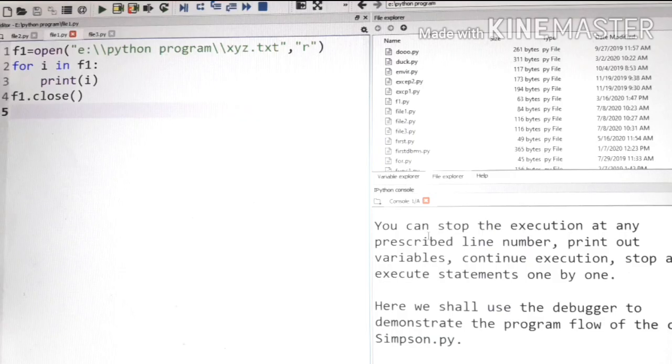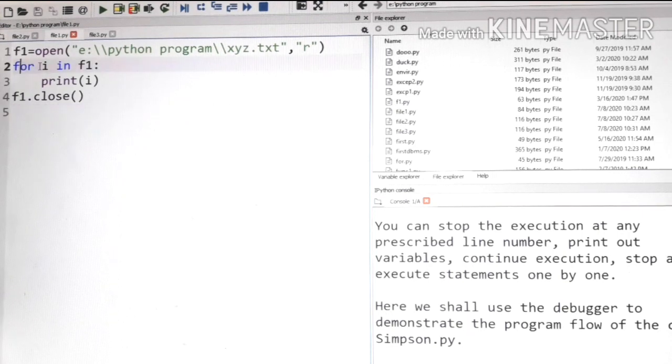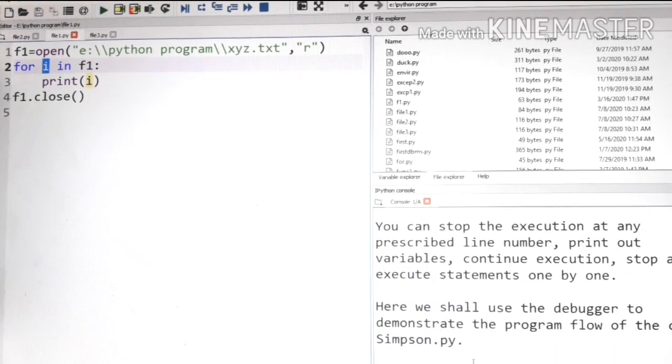Okay, now how can we use the for loop and while loop while reading the content of any text file? In a for loop you can write for any variable name in, and then the file handler, that is the object name. Then the file handler automatically sends all the content into the variable line by line, and then it displays the whole content. Let us execute this program. Simple. Whatever information is written in the XYZ text file, all of it is shown.